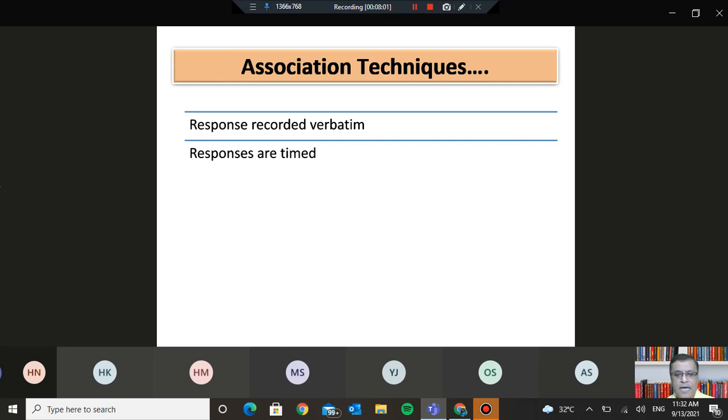So the assumption is that these associations allow respondents to reveal their true, inner feelings about whatever is the topic of interest from the point of view of the researcher. So you have a list of words. Let me repeat, you have two types of words in that. One is the test words, and the other are the neutral words. Test words are of interest to us. Neutral words are basically used in that list so as to disguise the purpose of the study.